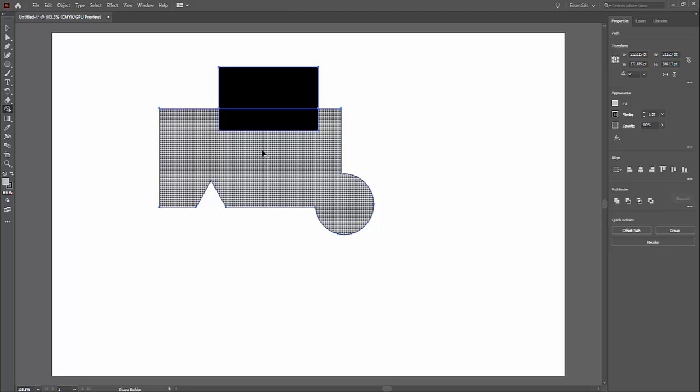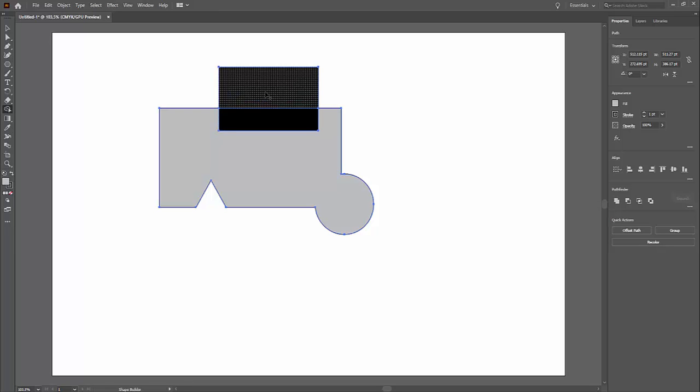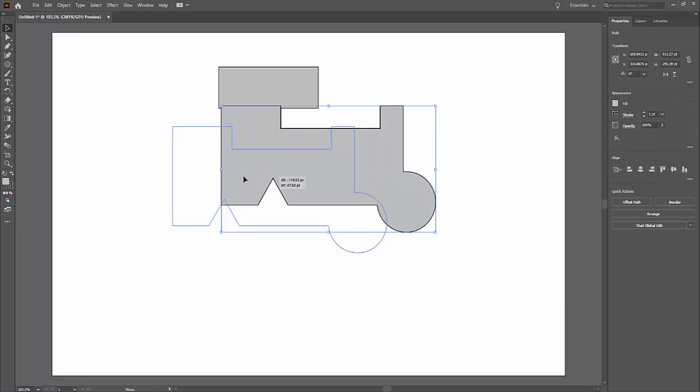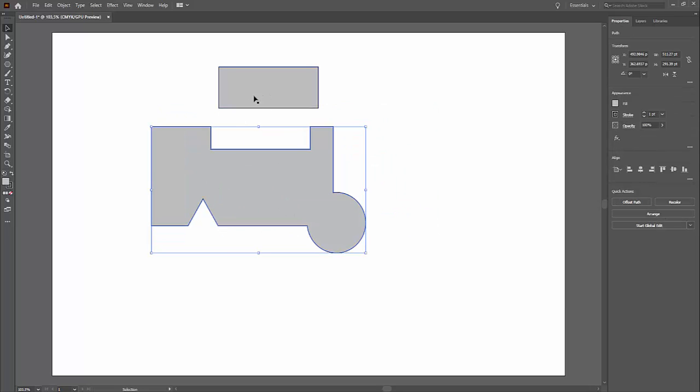And then I can add whatever parts I want. So if I want to add this part, I can click on it and hold Alt option and click on here, and it will have subtracted that little shape on the inside. And so you can see here I've created this really unique custom shape, except for the fact that this part